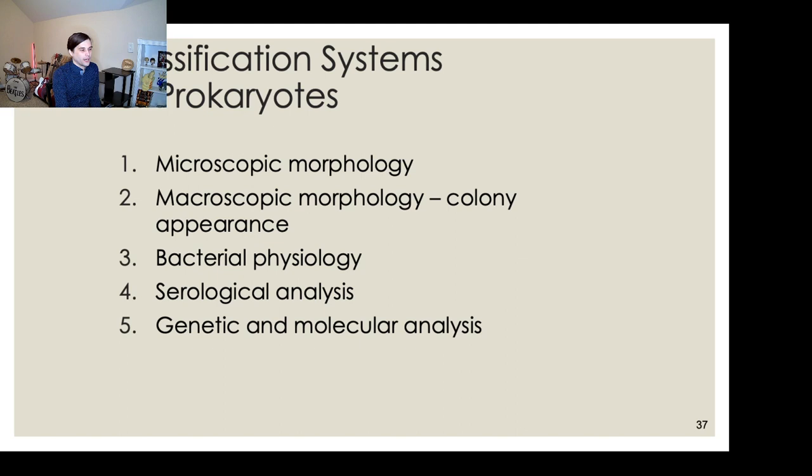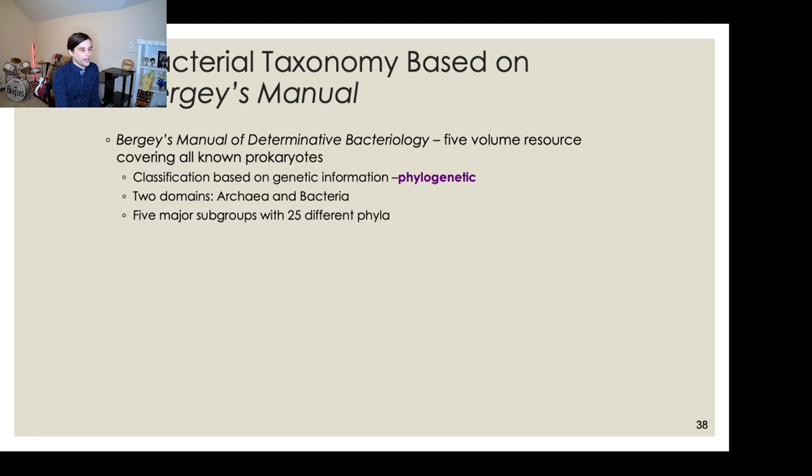You can look and see what the bacteria does underneath testing of the immune system, or coming in contact with blood and samples from humans and things like that. Or you can just run its genetics and see what it says that way. So there's lots of different ways to diagnose bacteria and figure out where they are and who they're all related to. Lots of different ways to do this, lots of different manuals to do this, but according to the most